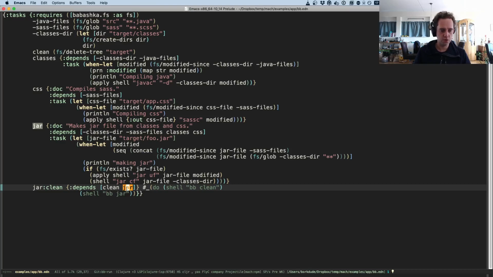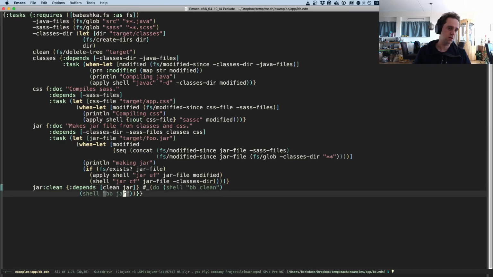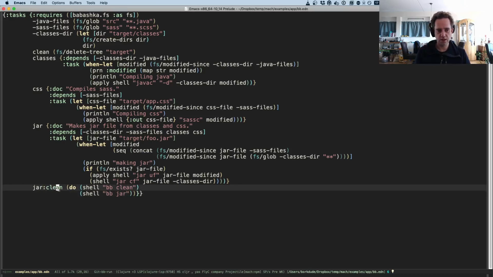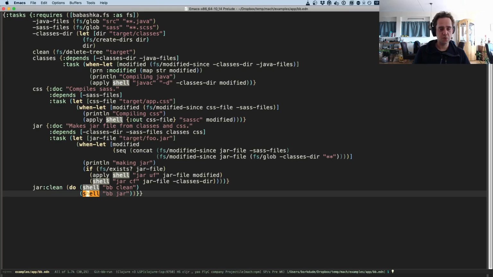You always want to run clean first and then the jar. So this is why I recommend doing it like this, unless you're absolutely certain that you will never invoke this thing in parallel. But I think this is a more idiomatic way of doing this with bb